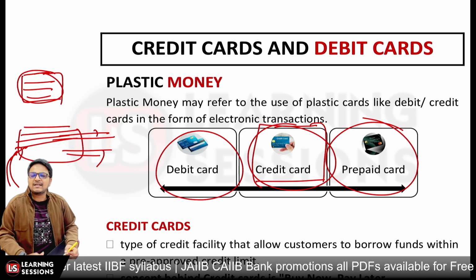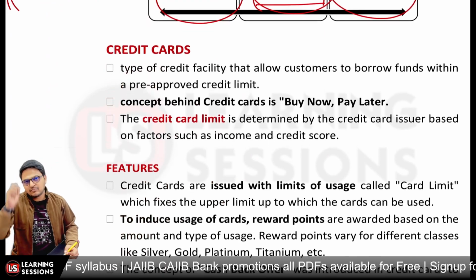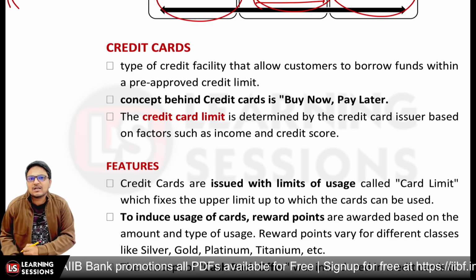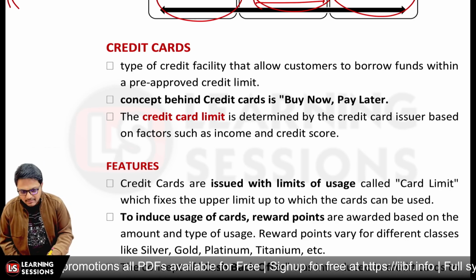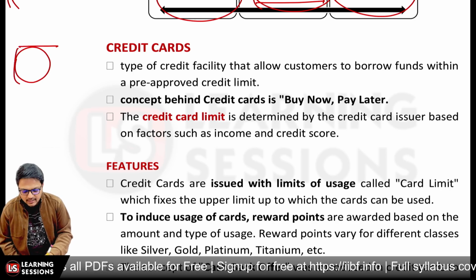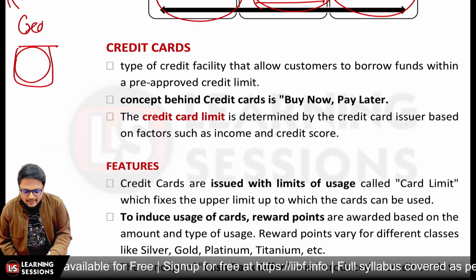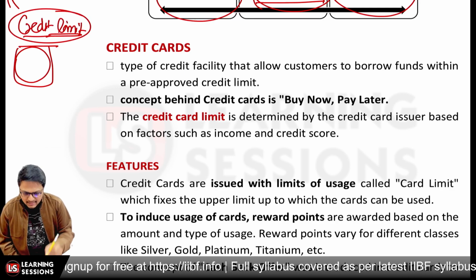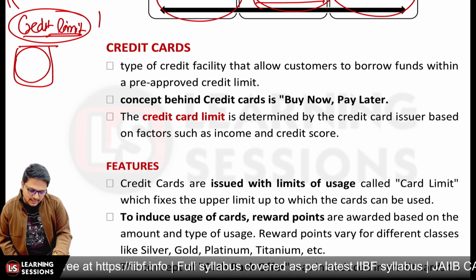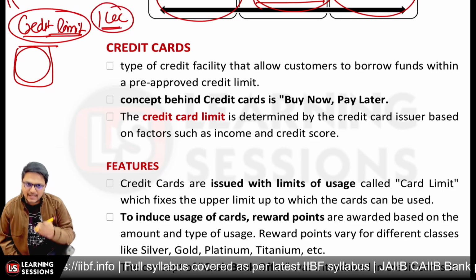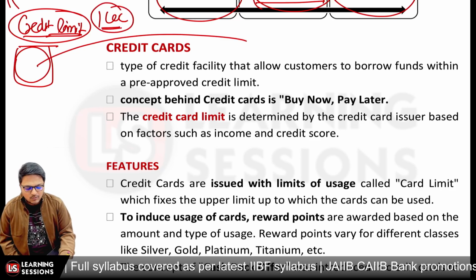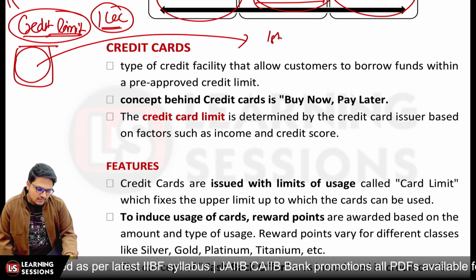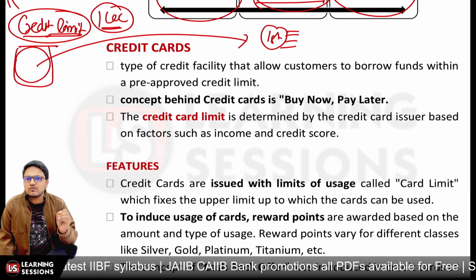Now let's discuss the credit card in detail. The credit card allows a credit facility to customers, where customers can borrow funds. They do not have the funds in their account; they are given a credit line, a credit limit. Let's say you are given a credit limit of rupees 1 lakh. Now you can spend up to rupees 1 lakh, and let's say the billing cycle runs up to the last day of the month, and on the 1st of January the bill will be generated, and two amounts will be mentioned.